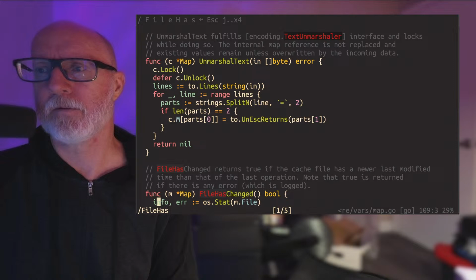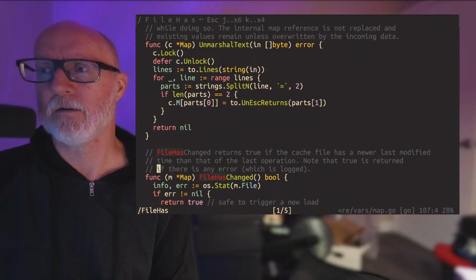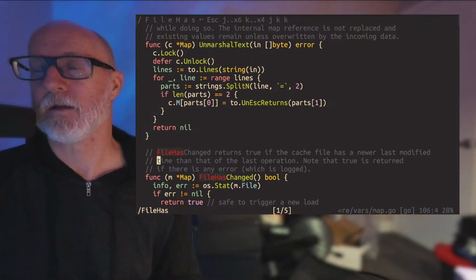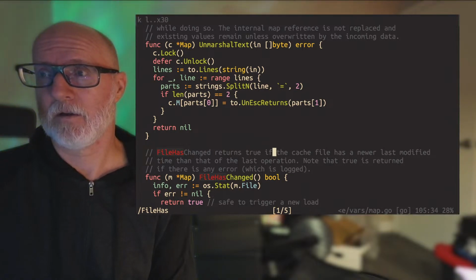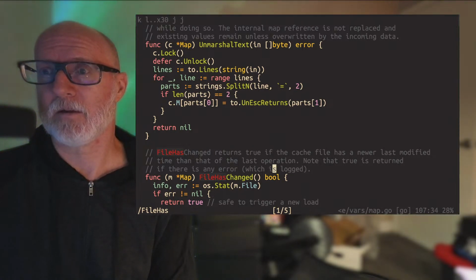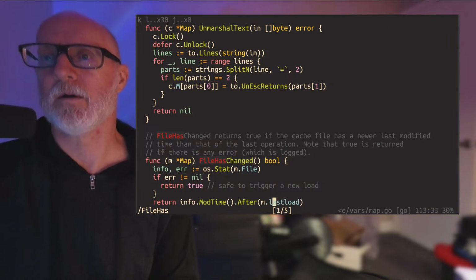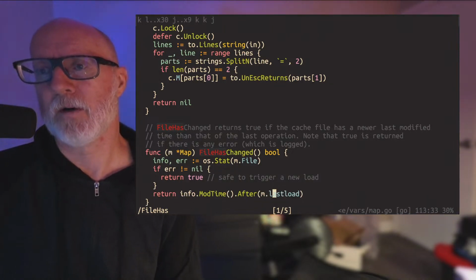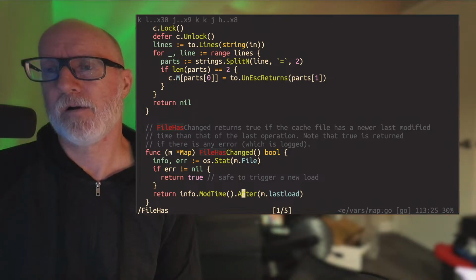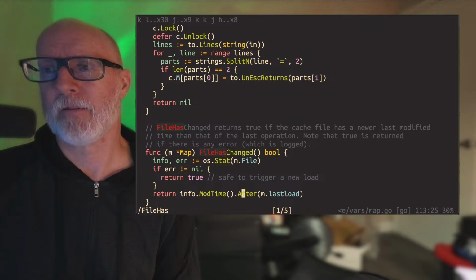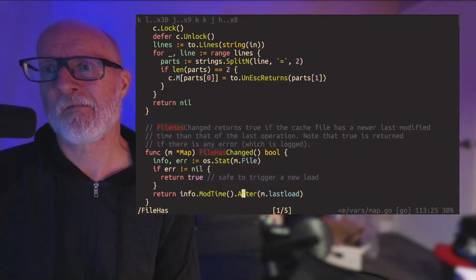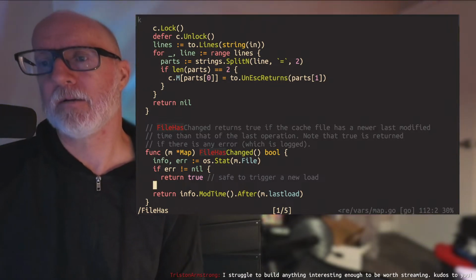File has changed is true if the cache has a newer last modified time than that of the last operation. I think what happened is if the mod time info of the file is after the last load. And I think this is probably because